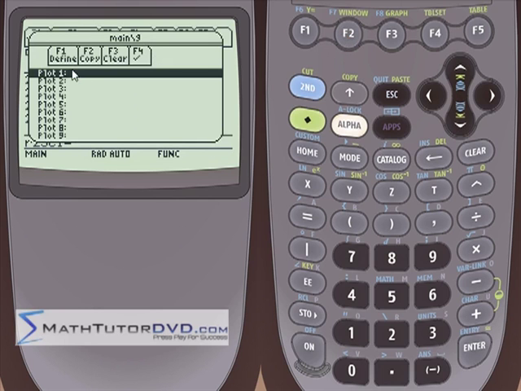All right, so we have a bunch of what we call stat plots that we can generate: Plot 1, 2, 3, 4, and so on. You can think of this as the Y equals menu for statistical plots. So we want to define what Plot 1 is going to look like. We need